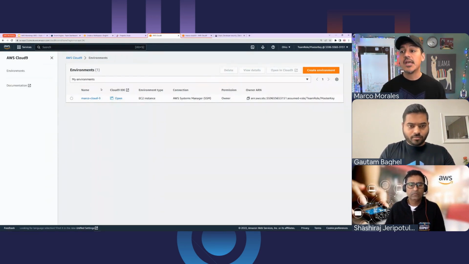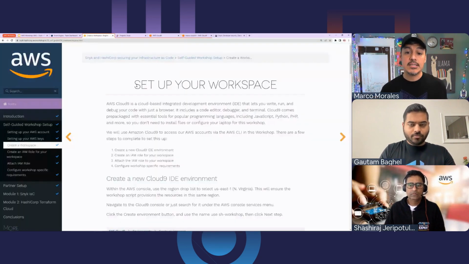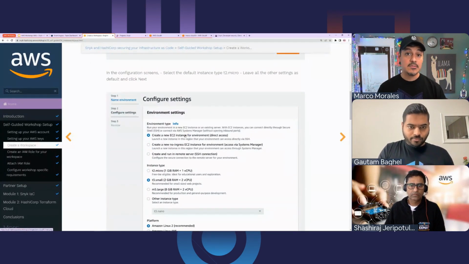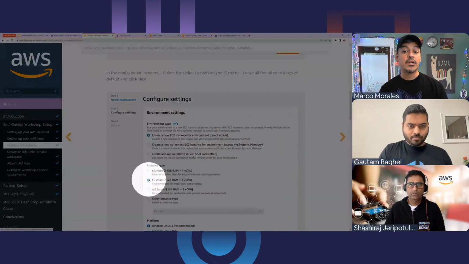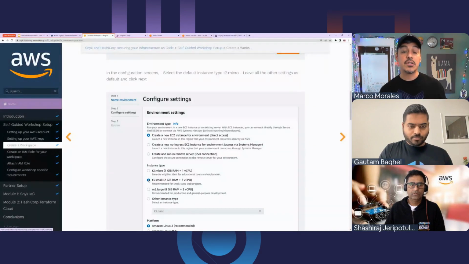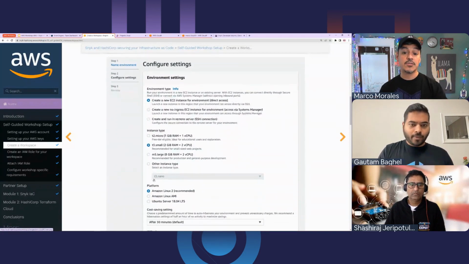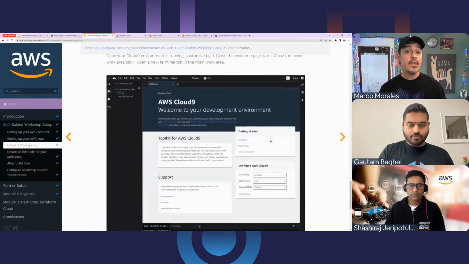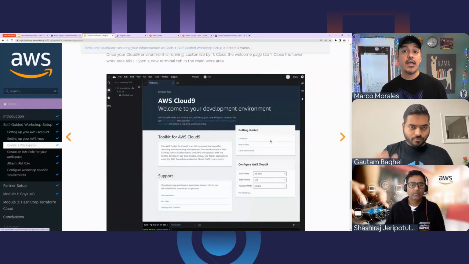I've already done this. If you were to click on the appropriate buttons to create an environment, what we give you is guidance to give your environment a name. Call it whatever you want. The name doesn't matter because we're only working in isolation. And the only thing you have to override in your setup is, instead of using the default T2 micro, ensure that you use T3 small. We need just a little bit more juice to make the workshop run nice. Once you use all the defaults except for T3 small, go ahead and click on the next step button and create your environment. Within a couple of minutes, you will get your AWS Cloud9 environment.